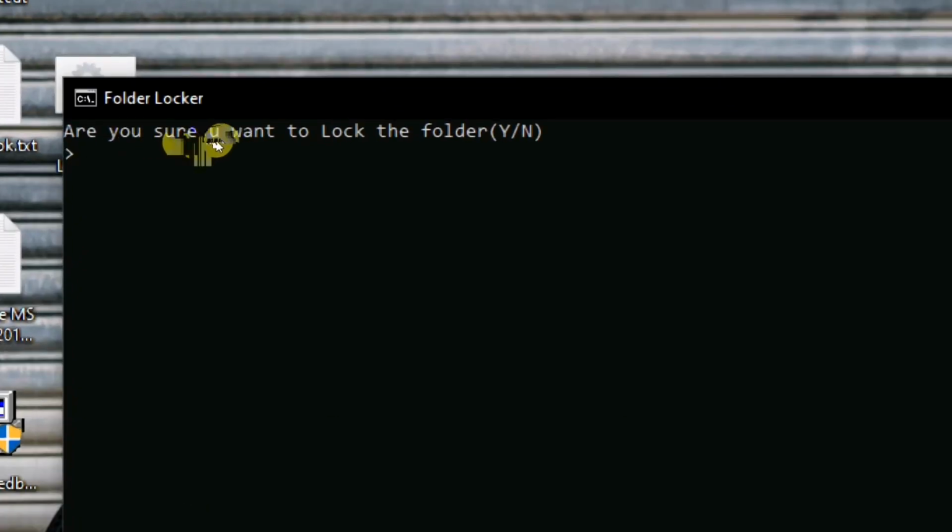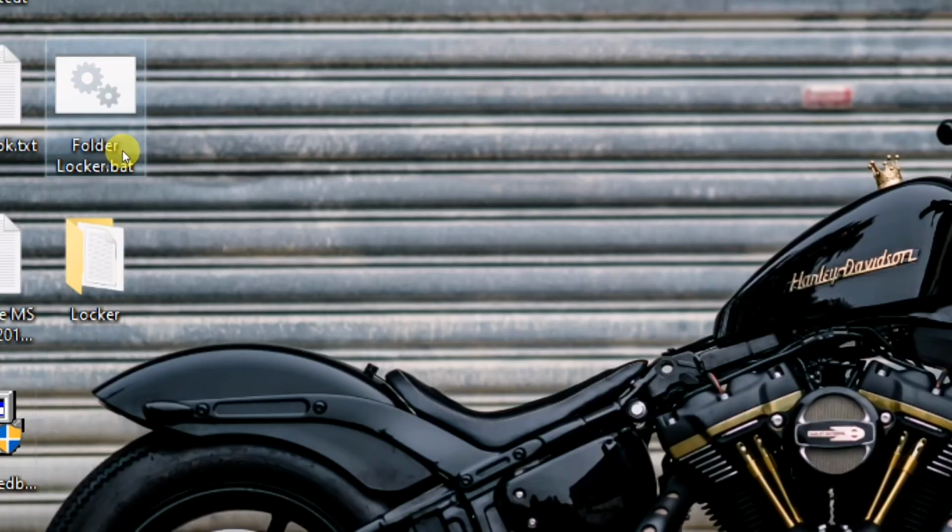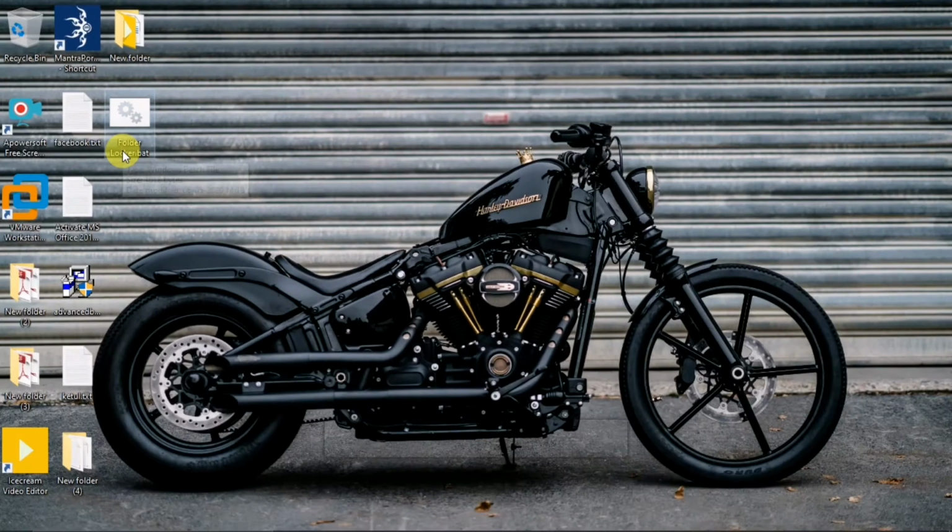Are you sure you want to lock the folder? Yes. Type Y and enter. Can you see the locker folder has disappeared? It's not just hidden.